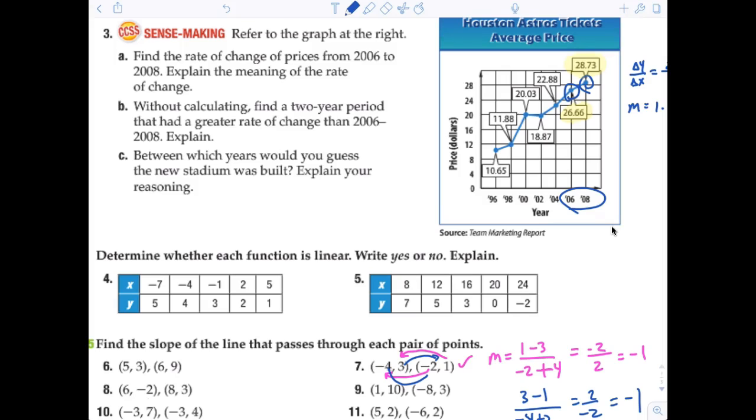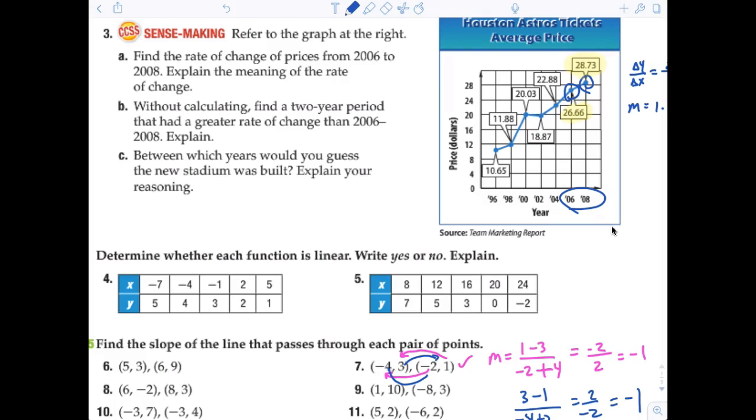Are there more than one? No. Well, I'm not 100% sure. It's close. These two slopes are kind of close. You could have said, actually, that is greater. Yeah, you're right. So 2004 to 2006 has a greater slope. The absolute greatest slope, though, was from 98 to 2000. Agreed? All right, so that's what they're asking me.